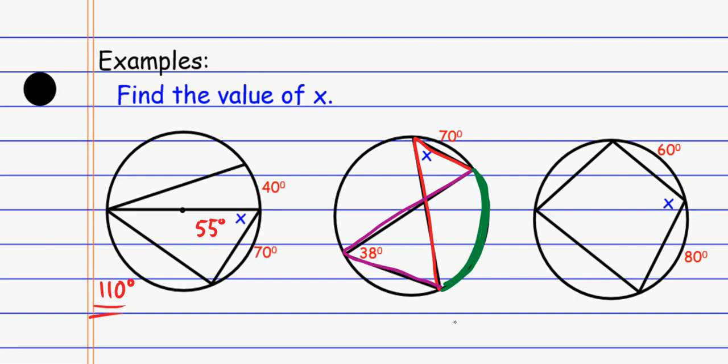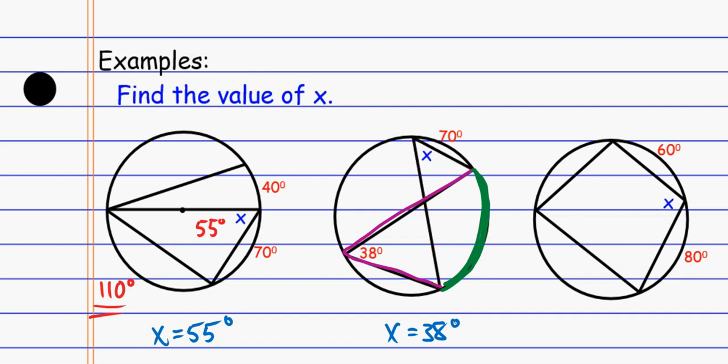So without doing really any work here at all, sorry I didn't label this previous one, 55, without doing any work at all, I can immediately say that x equals 38 degrees. Because I have an inscribed angle that gives me the same arc, then that has to be 38 degrees as well. And you could work through this, even if you don't remember that theorem,